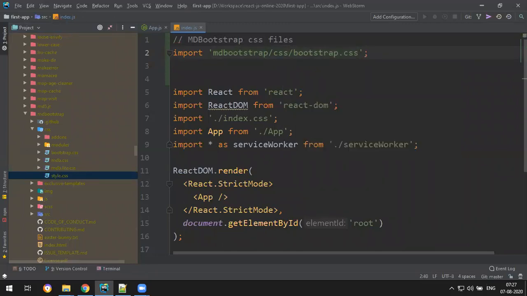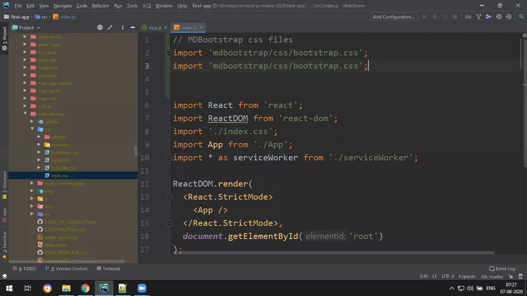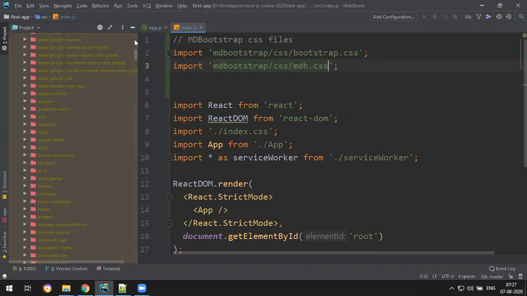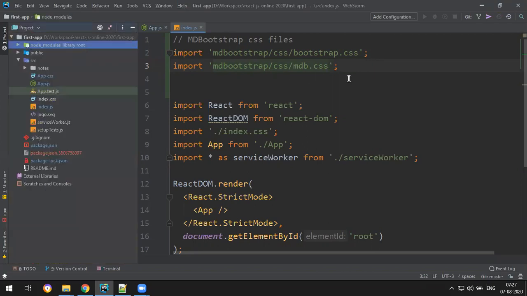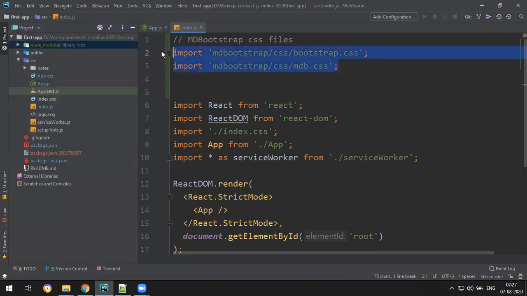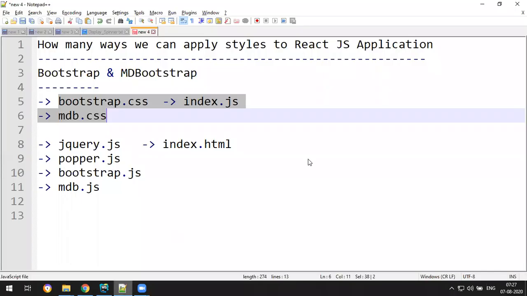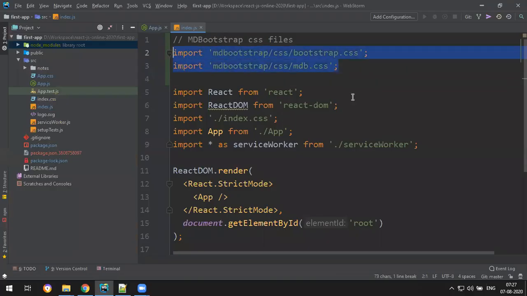Okay, and one more, you can press Ctrl+D to copy the previous line, and here just say mdb.css. Any customized styles we will write in our index.css, so I'm not adding style.css here. Okay, these two are done. If you have connected like this, you can start using Bootstrap.